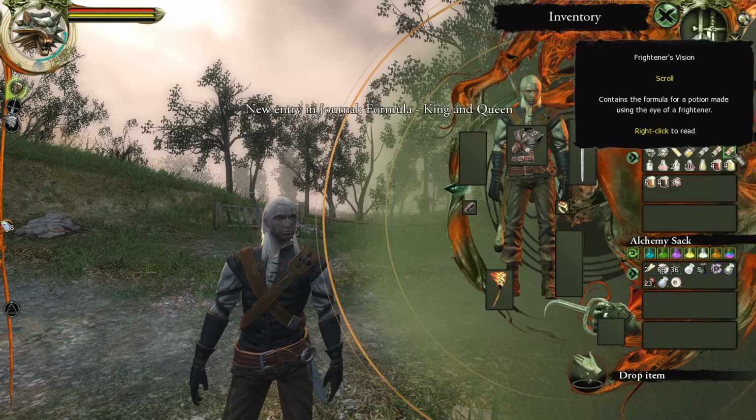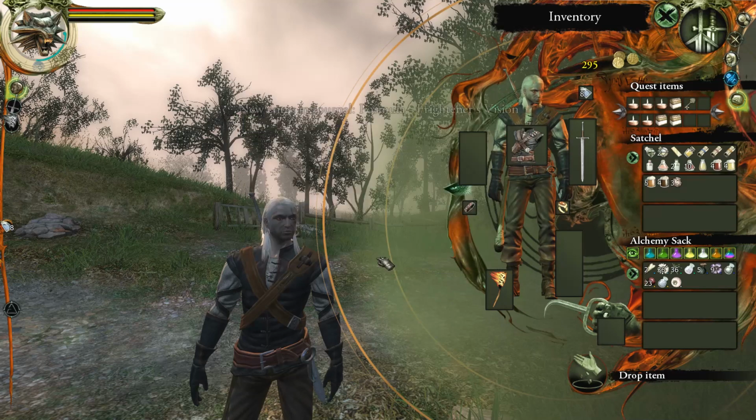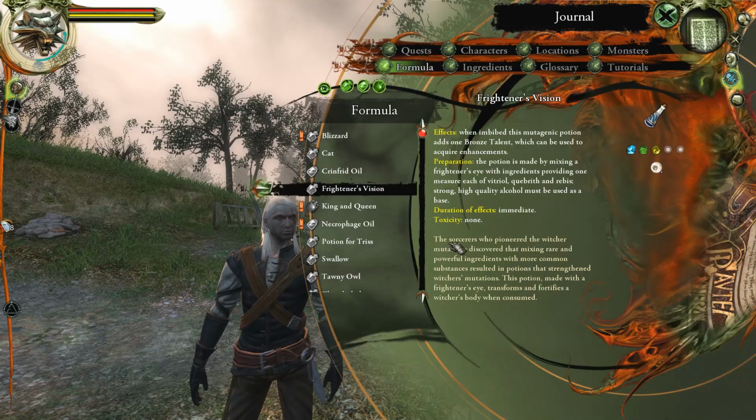And you need to have a silver talent to unlock that skill. And Frightener's Vision, there's one in each chapter. I believe there may be more, but each of them gives you a talent, either gold, silver, or bronze. And with this one, I can make a bronze one. Now I can hit Journal, Frightener's Vision,